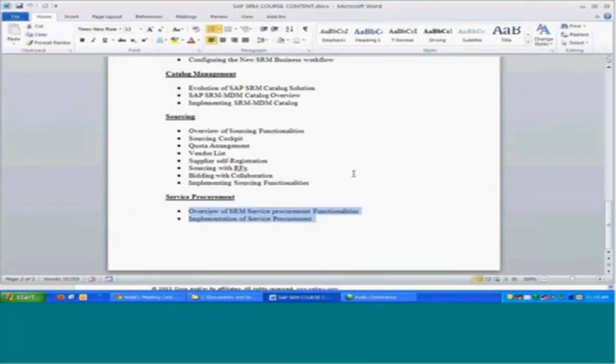Finally, we will be covering service procurement. We can use SAP SRM for service procurement also. There is a lot of enhancement compared to our ECC regarding service procurement. You can have a kind of hierarchy. Like one project, like building an aeroplane, can be divided into so many services. You can have that hierarchy, everything in one particular shopping cart. So creating